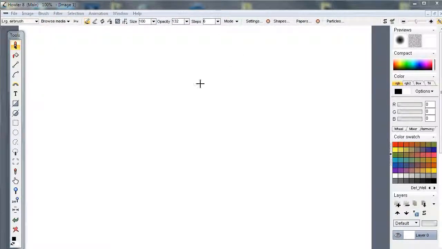Let's have a look at some of the new features in PD Pro Howler 8.2. Some of that will also be applicable in the Artist Edition that's coming out soon. First thing I'd like to do is explain that additional button that you see up here, the S as in